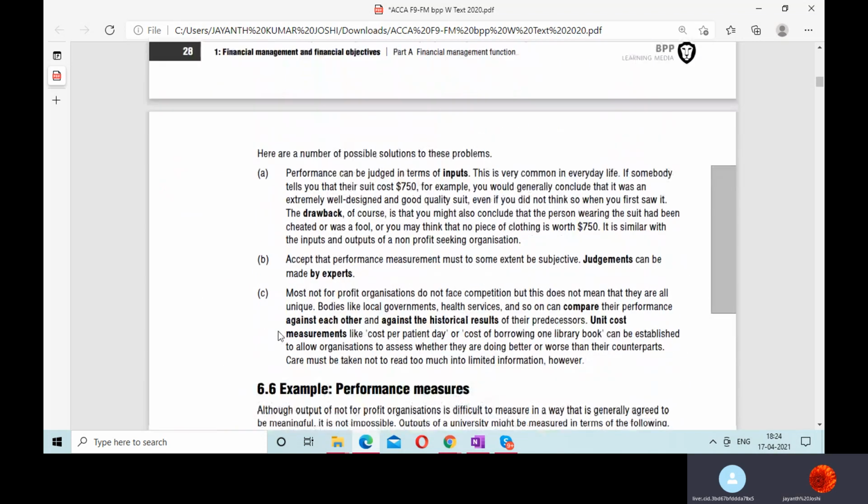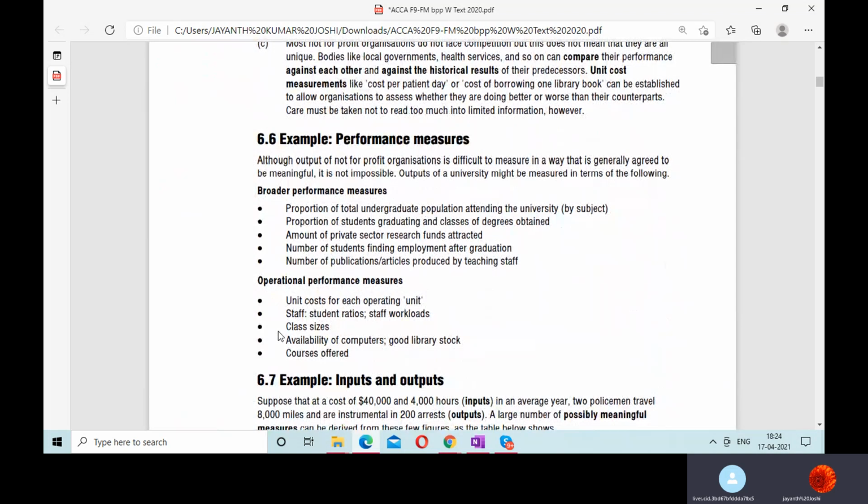So let's come to the performance measure. Do you think performance is the same for everyone in the world? No, it's different. Isha is a student. Is profit earning a performance measure for Isha? Not right now, because you're not into business. You're a student. So for a student, getting good scores and performing well in the examination is good.